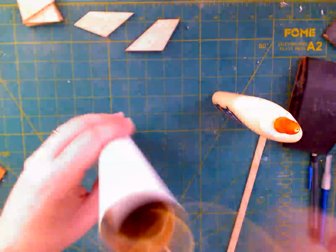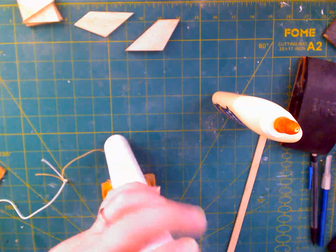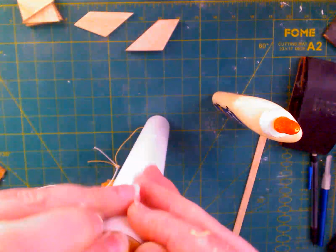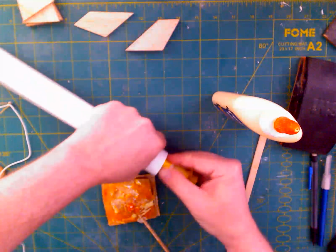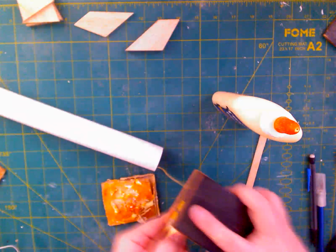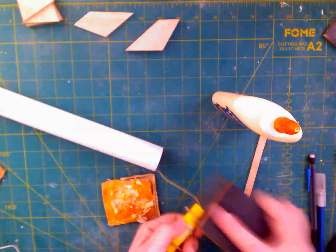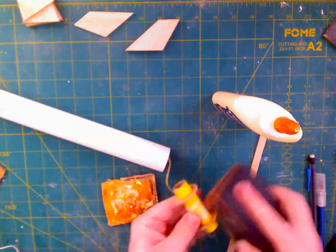Continuing to thread it through. There's just glue everywhere in there now because the elastic just snagged over and over and over again as it went. Oh boy, that is a snug fit. Oh my goodness. You know what? This needs to be sanded. That seems like the only recourse at this point because it is really snug. I really should have dry fit this first, the non-gluey side, just to make sure. But I didn't, so